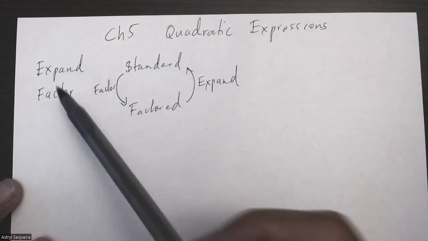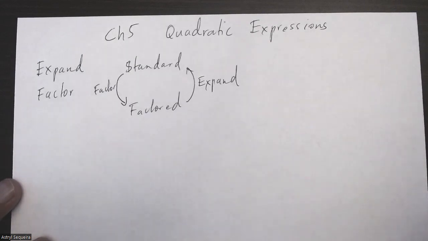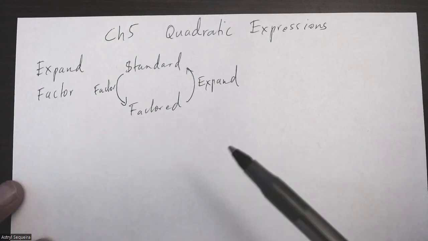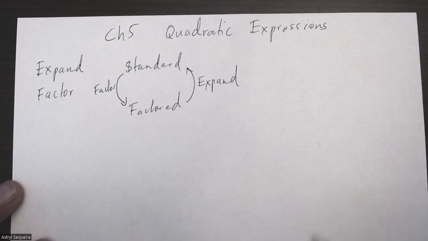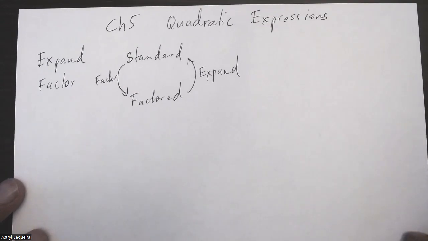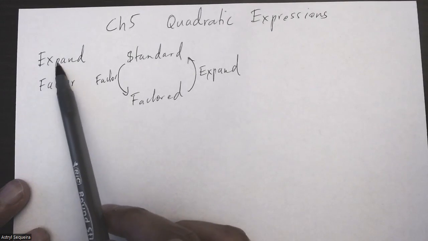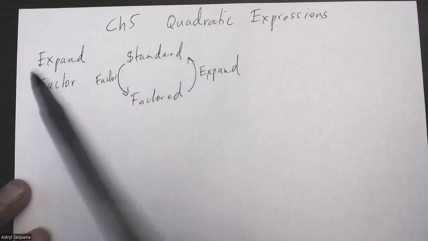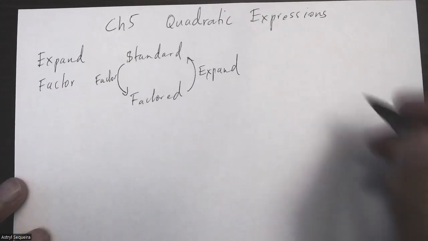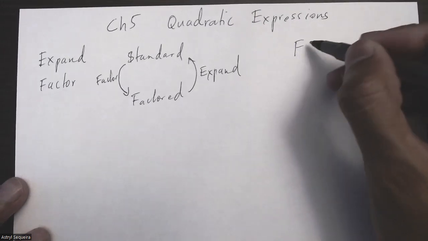Now, expanding and factoring is probably the most important lesson you will learn in grade 10 because you will use it quite often in grade 10, 11, and 12. If you can ace this topic, you can pretty much ace any topic in math in grade 11 and 12. So let's get started. I'm going to start with expanding and complete all of expanding first, and then we'll go to factoring. We expand with a rule called FOIL,